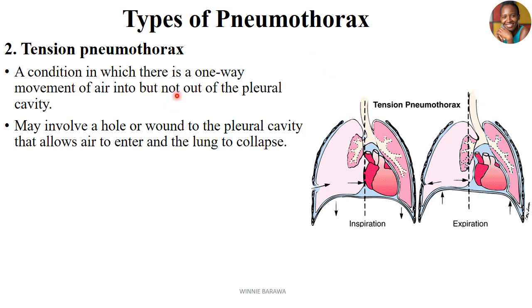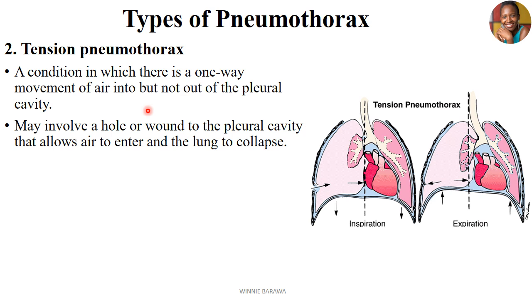The second type of pneumothorax is the tension pneumothorax. In tension pneumothorax, we are saying this is a condition where there's one-way movement of air into the pleural cavity, but there's no exit for the air. So it's a tensed entry method. The air gets in, but there's no escape route for this air to get out. So it's a condition where there's one-way movement of air into the pleural cavity, but there's no way out of